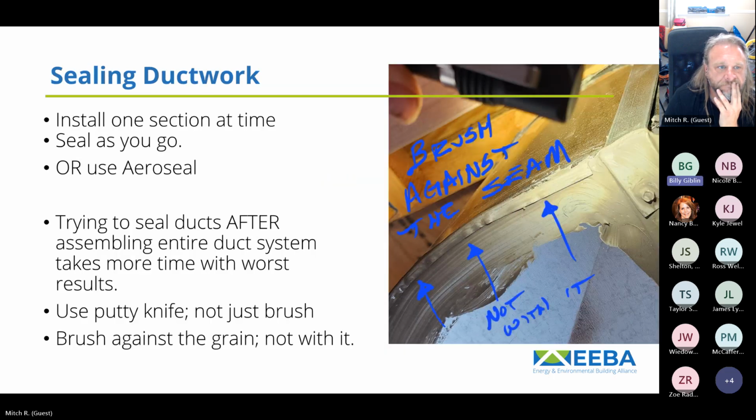Sealing ductwork, just this nice little tip here: brush against the seam, so don't necessarily go with the seam to make a nice little thin line of mastic along it. Brushing perpendicular into it is actually pushing the mastic into that little crack where the sheet metal is bent over at the junction, at the joint. You're forcing the mastic into those cracks, and that's really what's